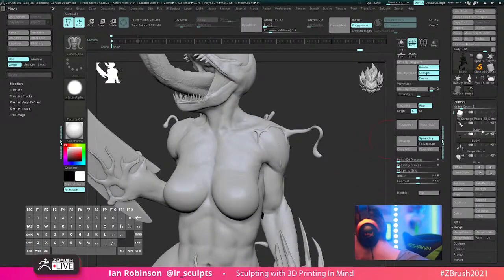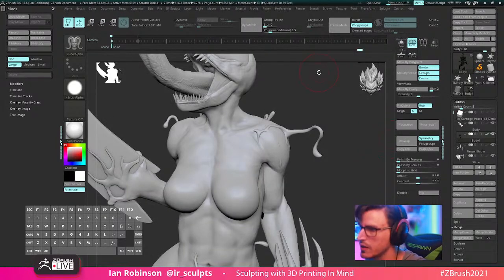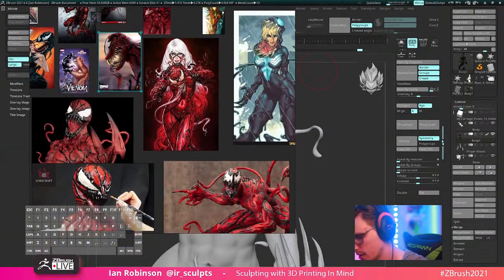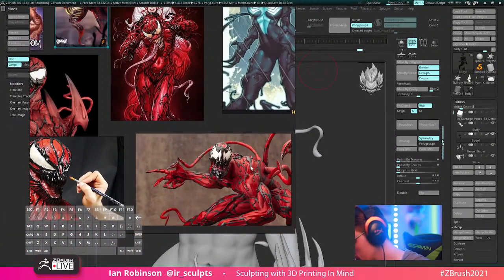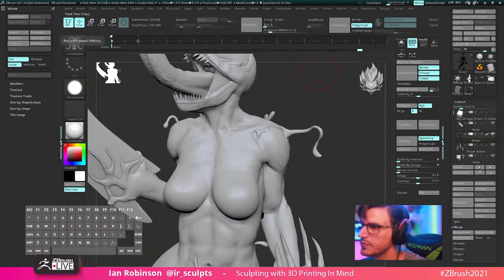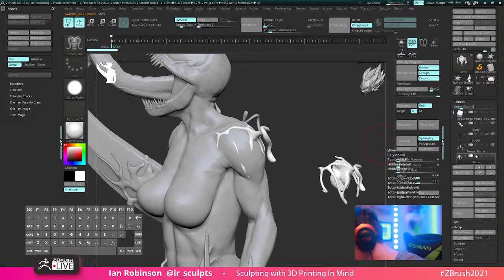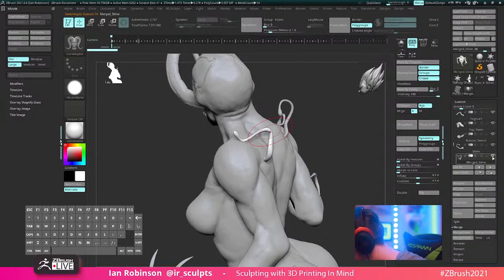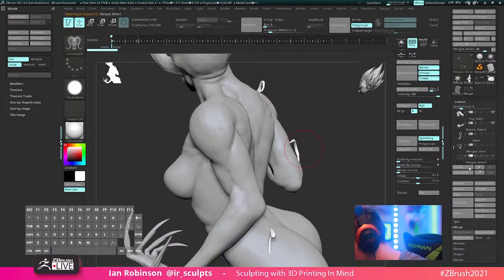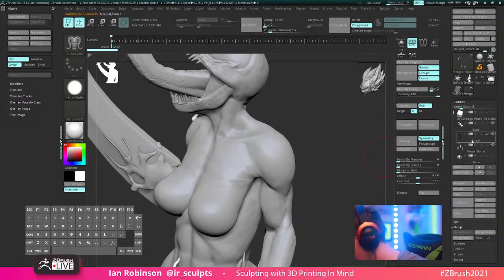Okay. So you know all that work we did with posing this aspect underneath the skin? Okay, well, here we go. So I have my reference of how Carnage's grossness kind of looks all over, and we're going to replicate this. So you can see here I do have some of these floating around, but I'm actually going to turn these off. I don't want them to influence my decisions. Which, believe it or not, can happen, but...